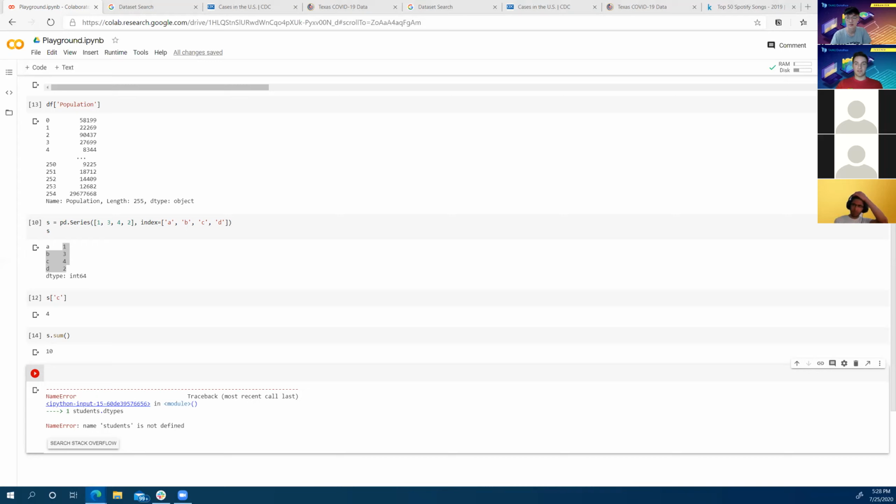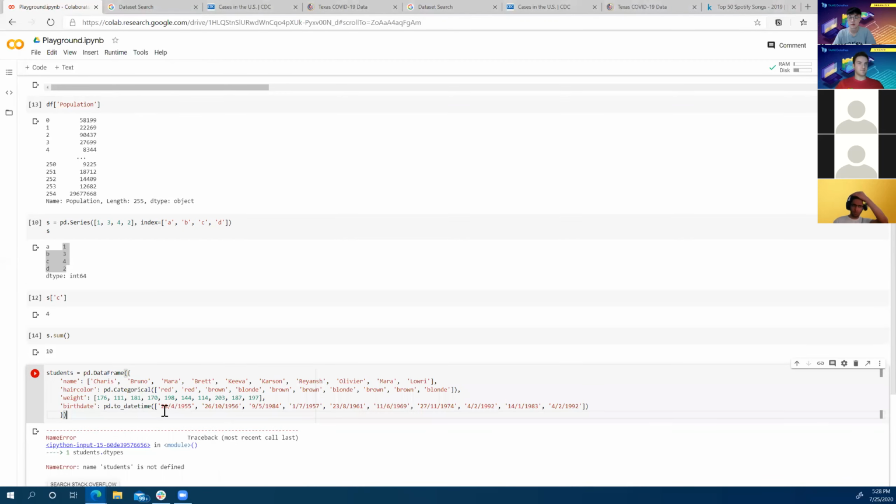So I'm going to send a bunch of code in chat. It's really ugly, but just copy and paste it into a code block. I'm not going to force you guys to write all that. And this is the code that you should get. This is what it should look like.